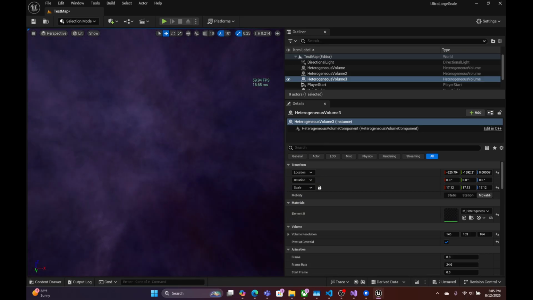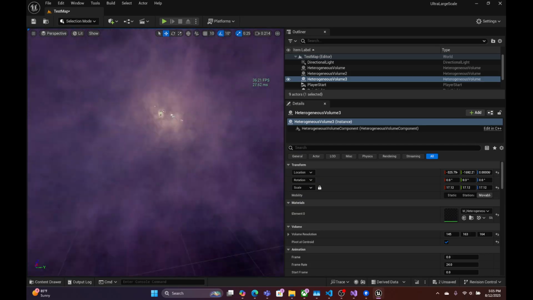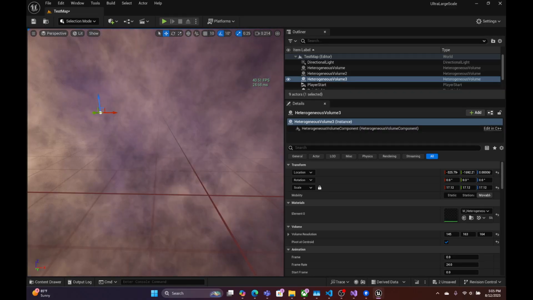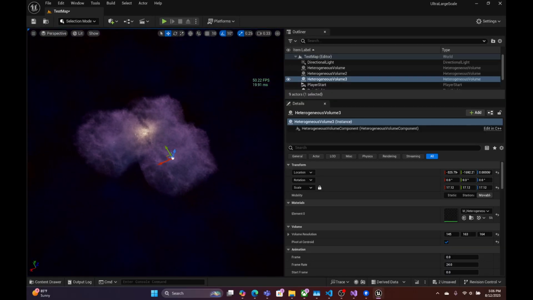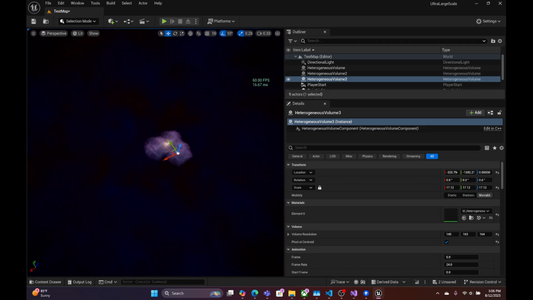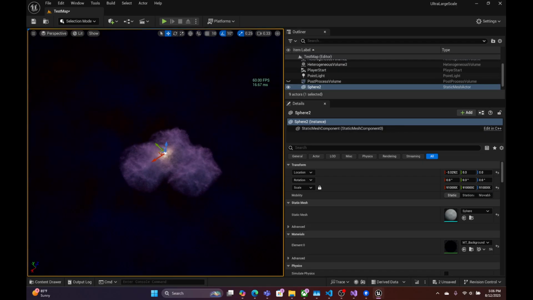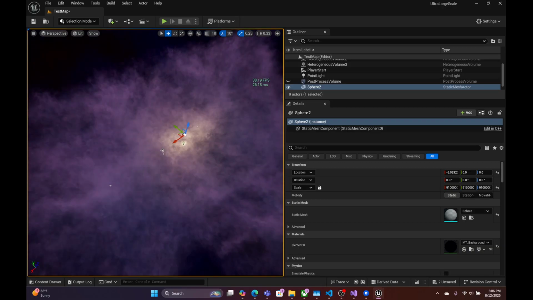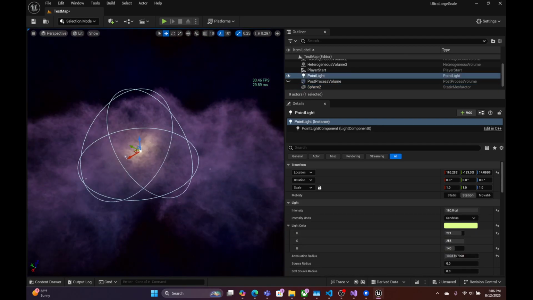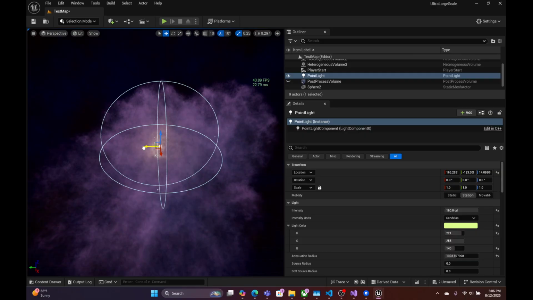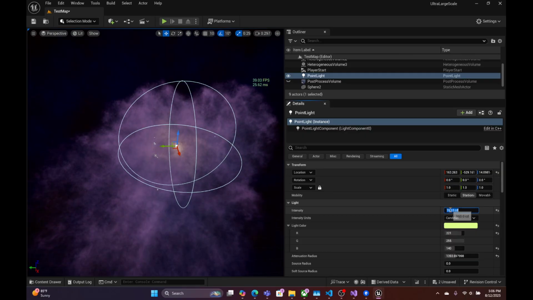And I mean, if you're putting in multiples of these, they are going to have a performance impact. It's not a silver bullet, but believe it or not, this is actually faster than the Ray Marcher was running, so that's nice. And the fact that it gets lighting influence is just kind of a cherry on top, because it makes it really easy to do something like, what if there was a really bright star in the middle of this cloud? Then maybe it would have, you know, I don't know, 16,000